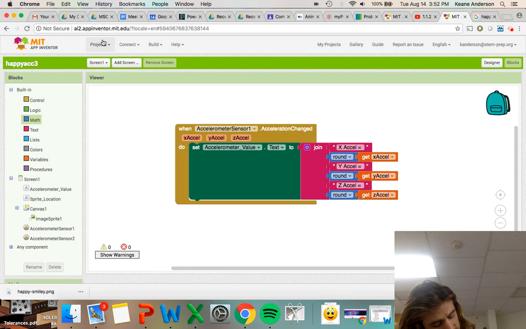So you can see the XXL right now is at 1. The YXL is at 9, 10. As I tilt this back, that number goes down to 0, and then it goes negative when I tilt it that way. And then one problem I'm having is the screen keeps rotating on me, right? So it's going to be hard to play the game if the screen keeps rotating. So let's actually go and fix that